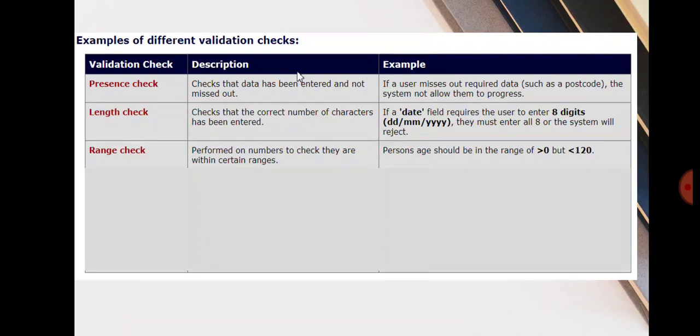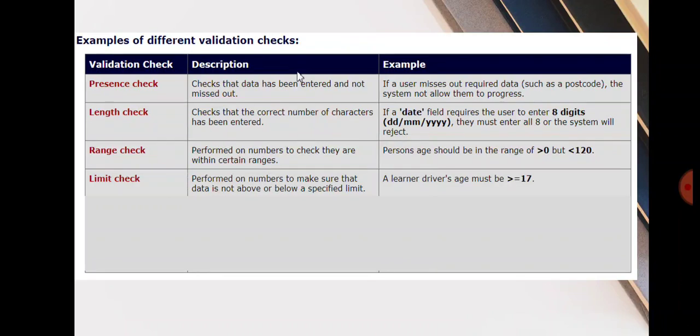A range check is commonly used when you are working with data which consists of numbers, currency, or date and time. A range check allows you to set suitable boundaries like an upper limit and a lower limit. The upper limit would be the maximum, the lower limit would be the minimum, whatever range you are specifying. In the earlier example, the age should be between 0 and 70, and 0 to 16 will not be accepted. So that becomes one range check.